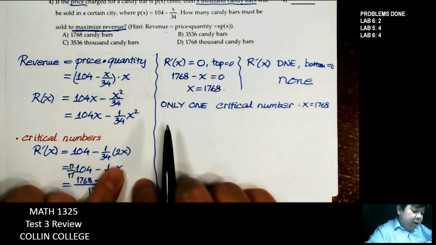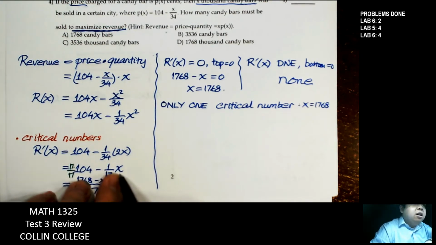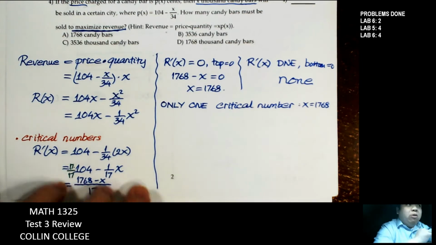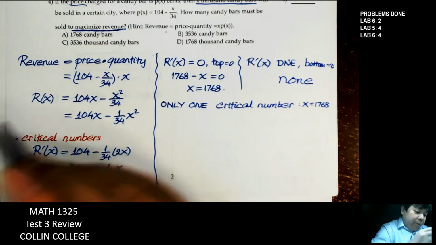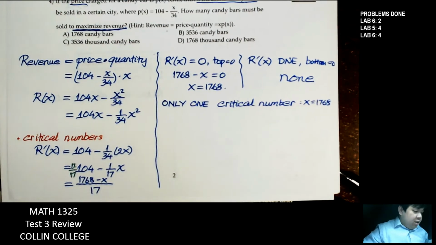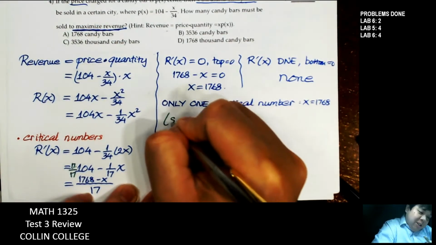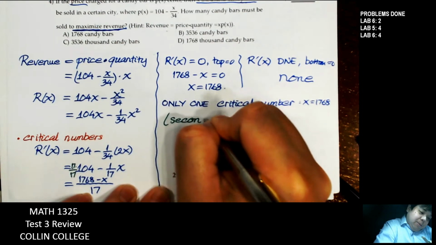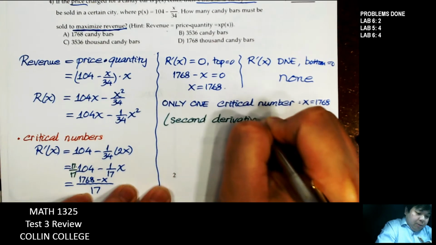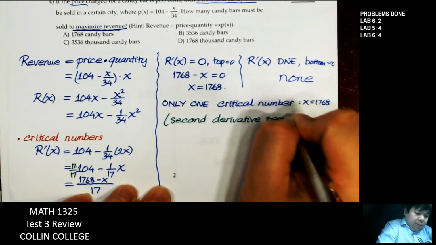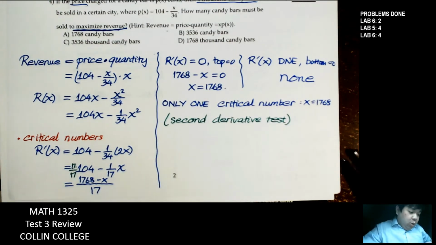Unlike the last problem, where the derivative was complicated and taking the derivative again would be more complicated, in this problem the derivative is 104 minus 1 over 17x. Taking the derivative is an extremely easy thing to do. So all we need to do is use the second derivative test, and that is